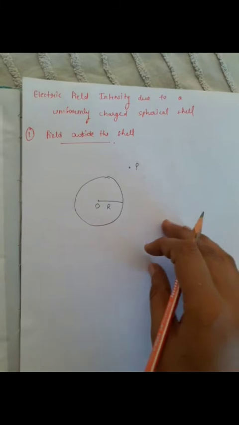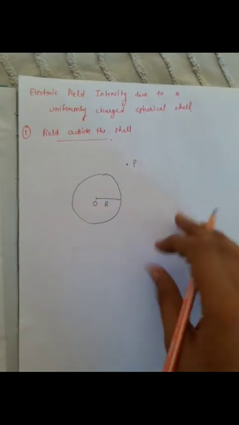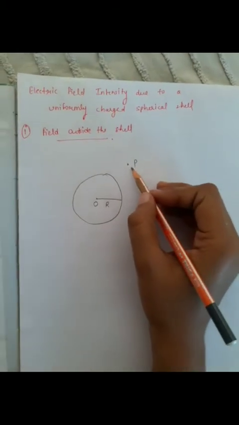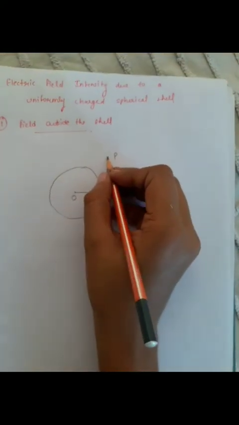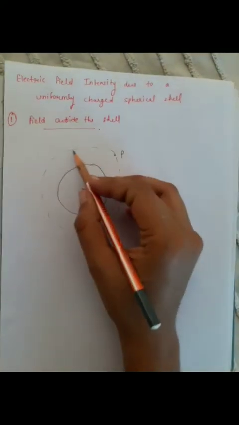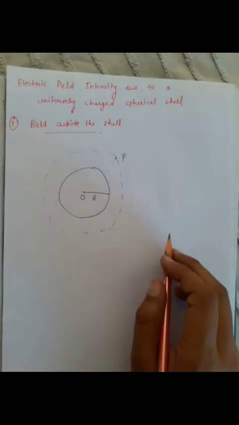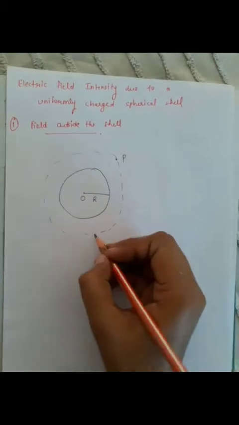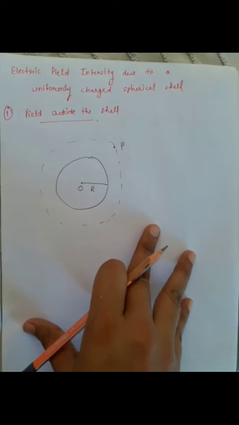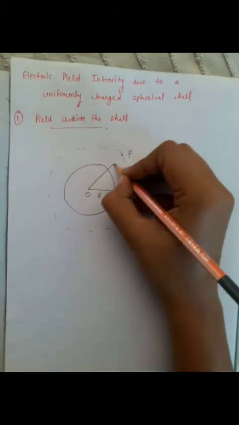the same electric intensity. Okay, only when the electric intensity is the same everywhere will you be able to calculate the field at point P. For that we will have the Gaussian surface here. So we will take a Gaussian surface over here which has the same electric intensity at every point. Okay, the electric field intensity will be the same at every point, so whether you calculate here or here, the electric field intensity remains the same on this Gaussian surface, which is at a distance r.